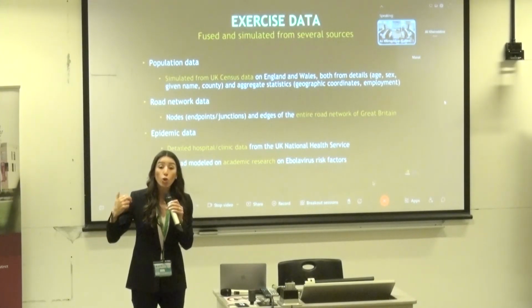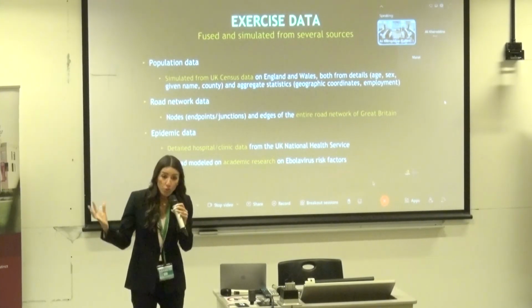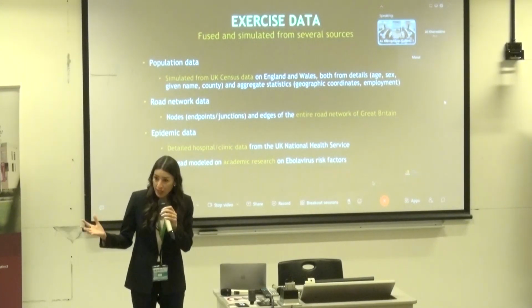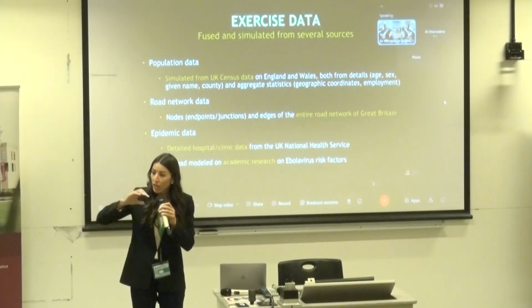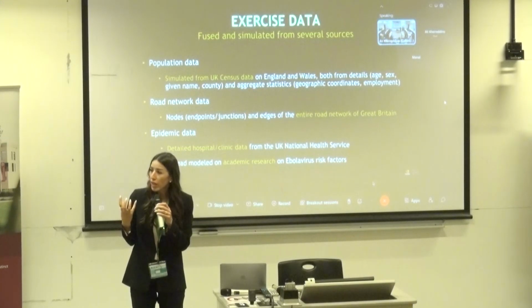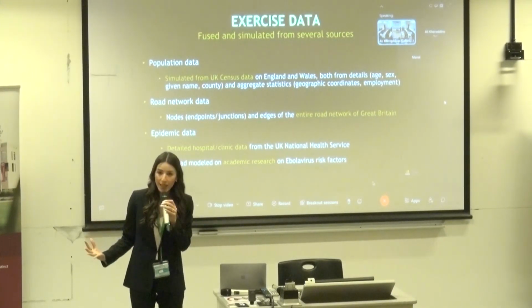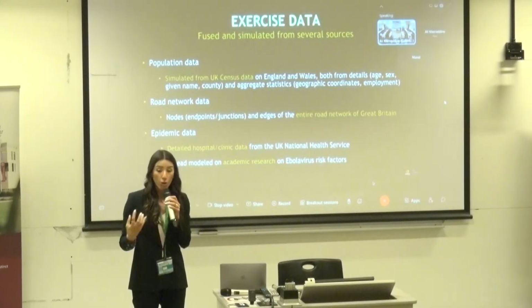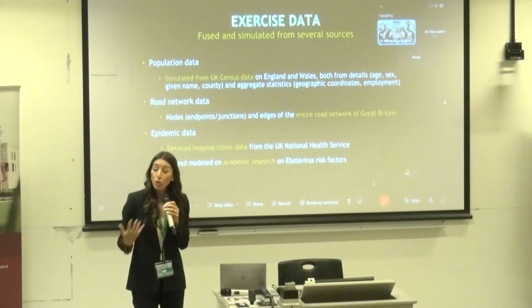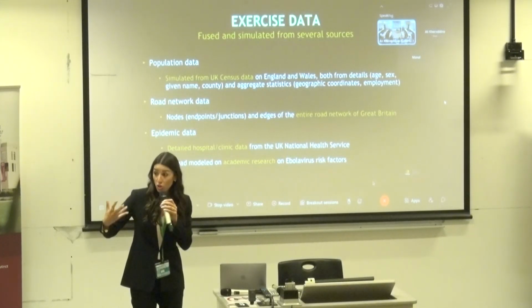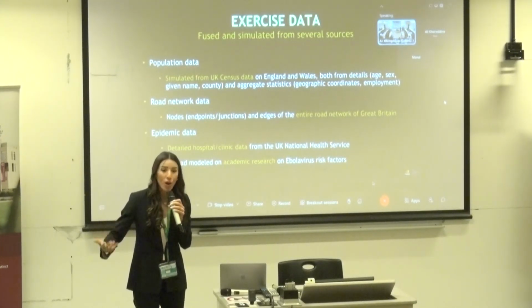We also have road data, the road network of the entire Britain area, the junctions, the connections. So you're going to be working with a real population, country-scale data set when we implement a real-world machine learning data science project